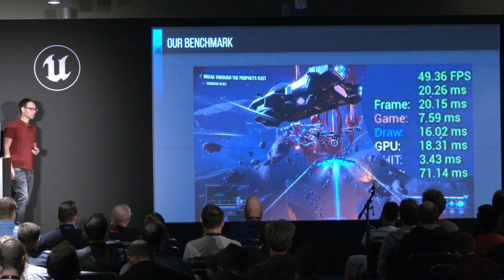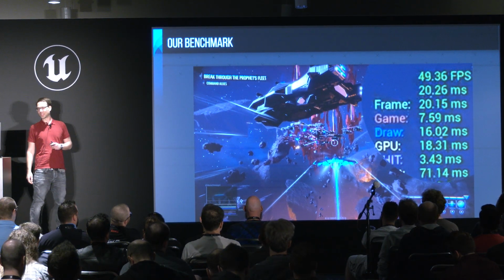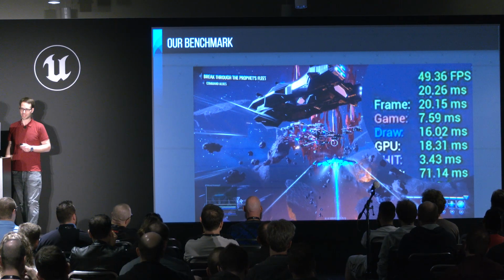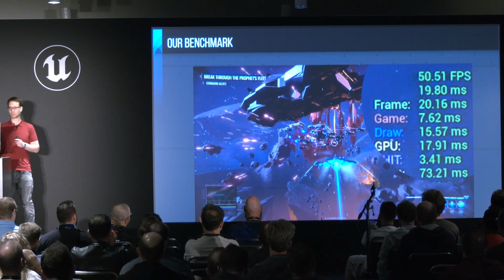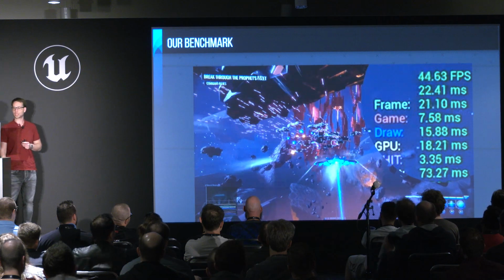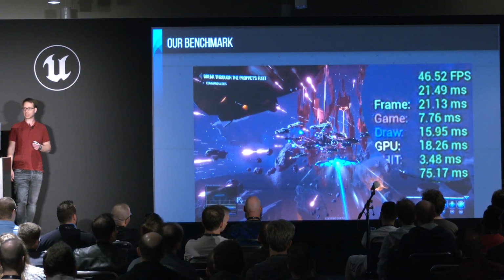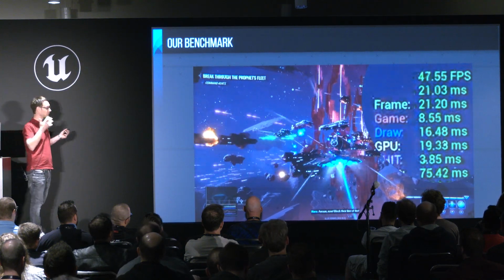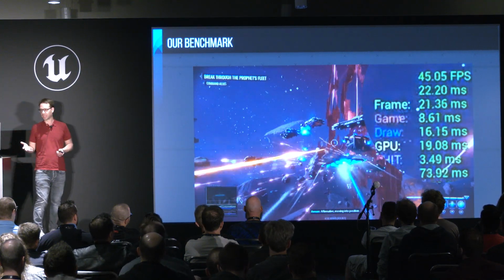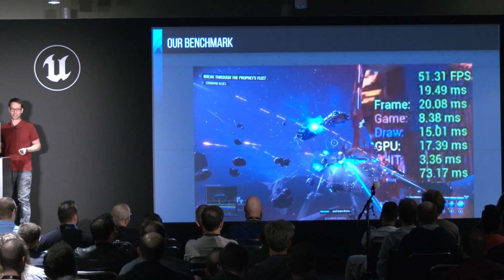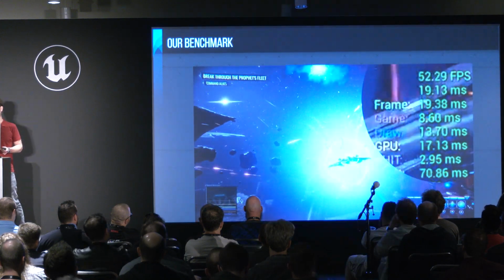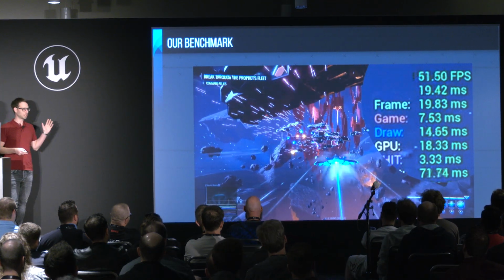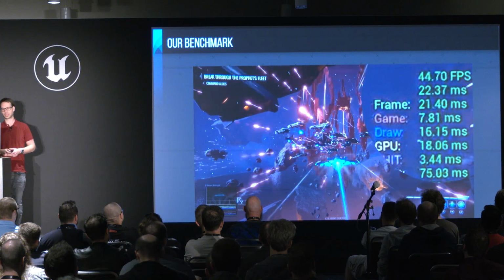So when we looked into shipping the game, we looked at the performance as we had it, and we looked at one of the most heavy levels that we had, which we used a lot of times as a benchmark. It was called the Armada Strikes. And this is running on Xbox Series X, and you see the player is not even really engaging, but there's a lot of action going on here. And you see it's kind of running in the 40s of the FPS, so there's definitely quite a bit of work cut out for us there in order to make this run well, because in this case the target was 60 FPS.